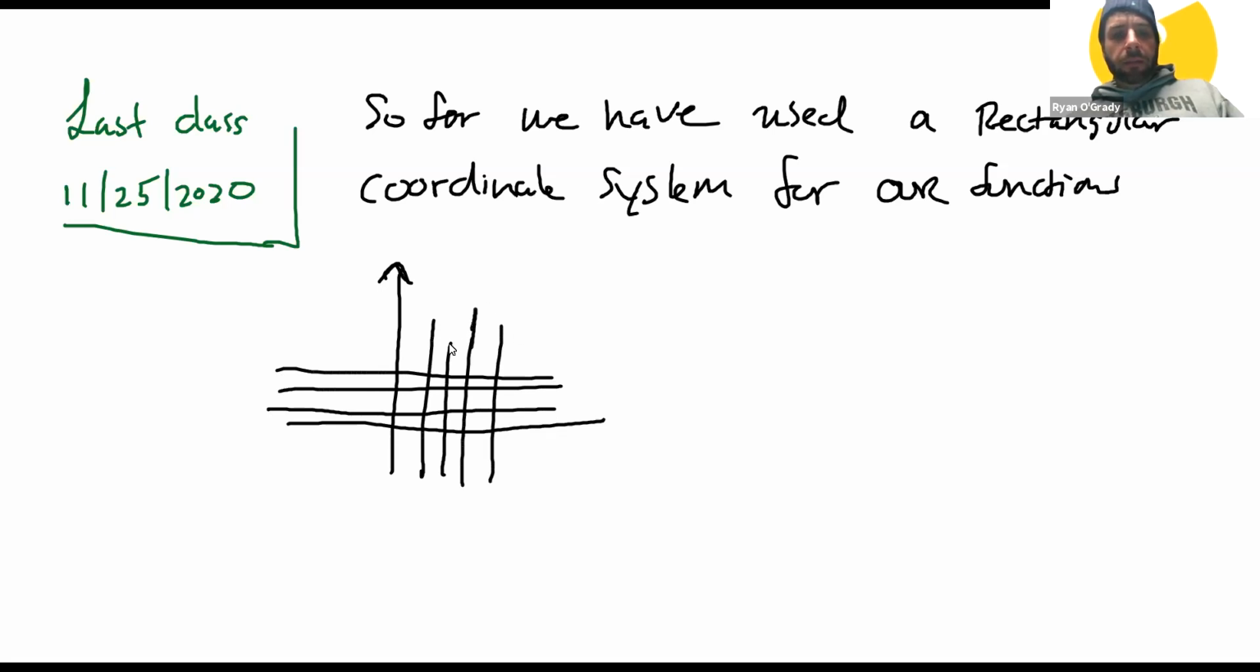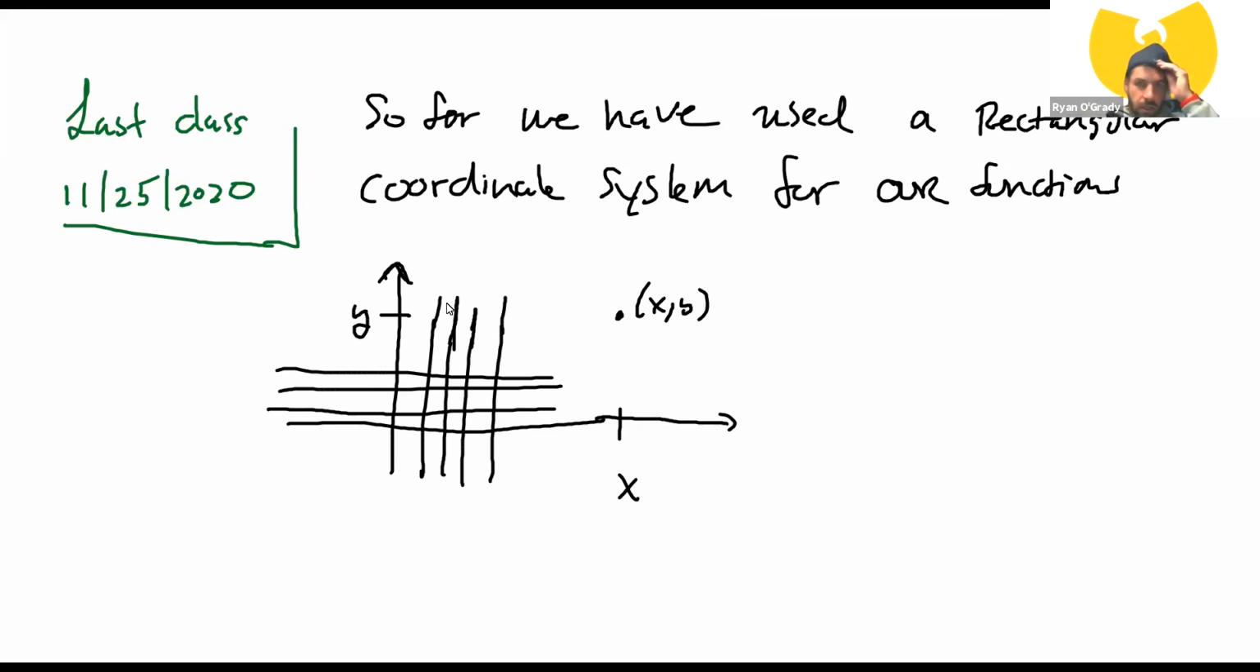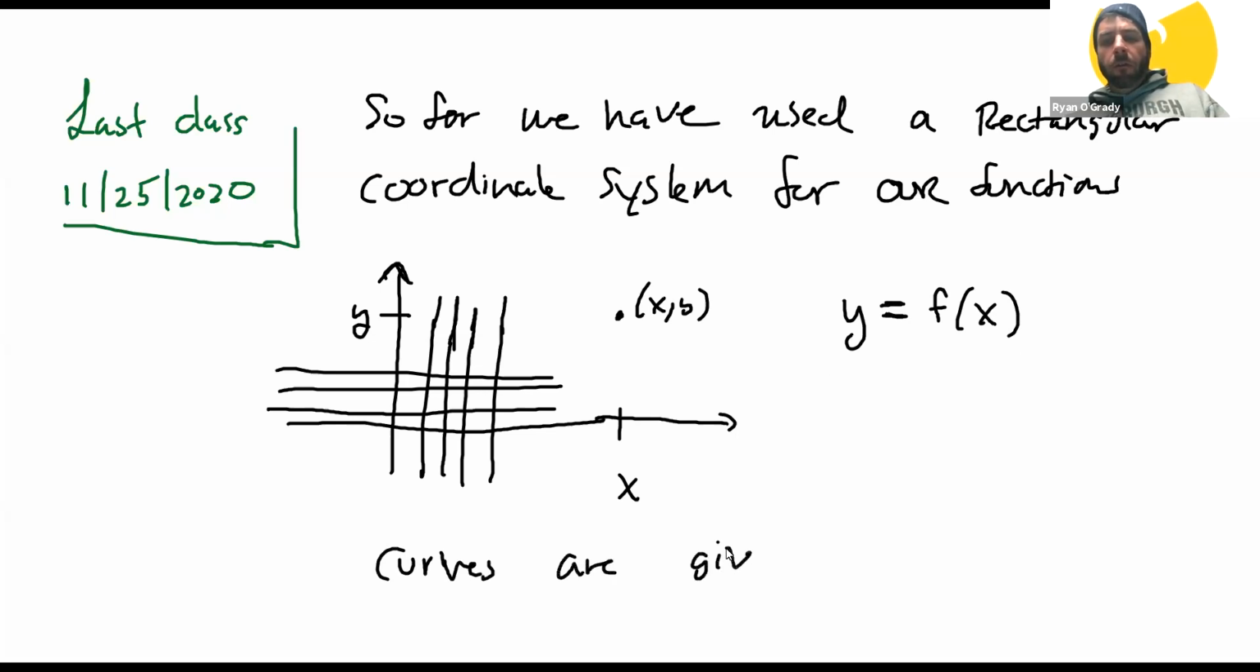How do we talk about distance and how do we talk about going from one point? We have some point here, x, y, and we think about this as a distance of x from the origin on the x-axis and a height of y on the y-axis. And it turns out that this is not always the best way to do it. Here, we often think of y as some function of x. So if we have a curve, curves here are given by y equals f of x,